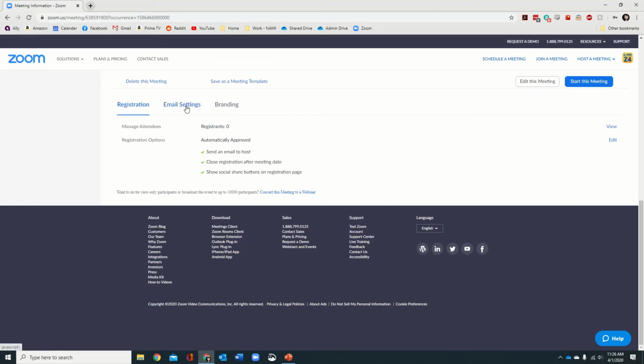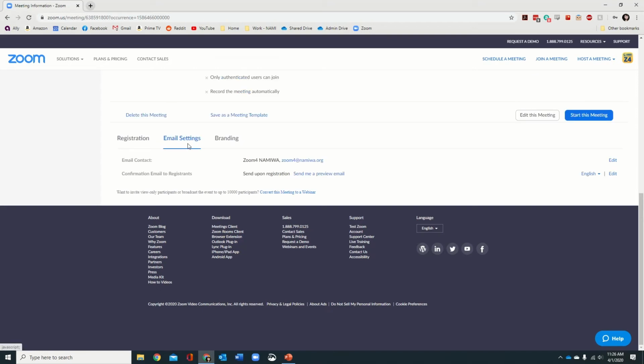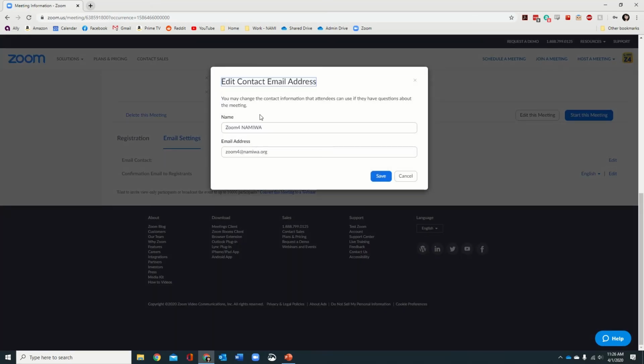So here's where we change this email for send an email to host. In our email settings here on the second menu button, our email contact is Zoom4@NAMIWA.org. Now we can edit this contact. We're going to click edit on the far right. I'm going to enter that NAMI Southwest Washington is in charge of this meeting, and it's going to go to our general informational email,